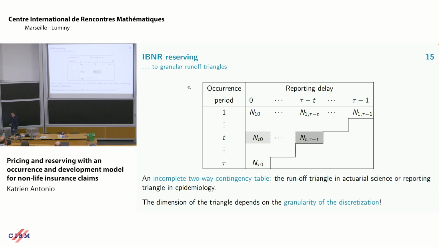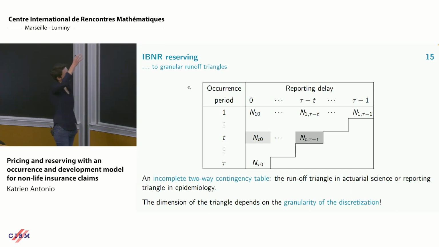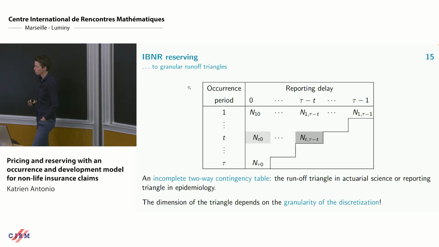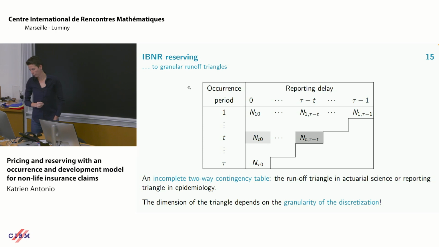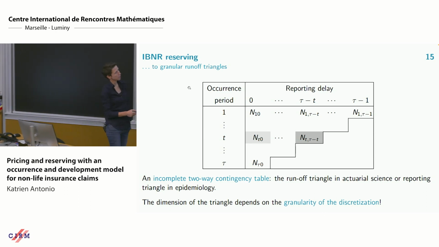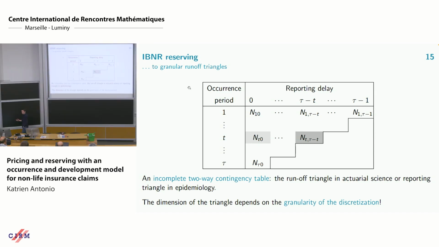So if you look at our work in Statistical Science, we really worked here at the daily timescale, in fact. So we did a very fine-grained occurrence period and reporting delay. You then do the aggregation, and you can use different types of predictive models in order to get an estimate of what should happen in the lower triangle. If you've never seen this, I think it's nice to look here at the connection between, for instance, what we're doing in actuarial science on this IBNR problem, but also what epidemiologists are doing when they look at the reporting of cases of a disease, for instance. So there are lots of similarities there.